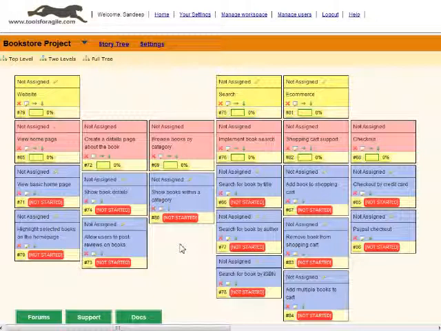Welcome to the second video on story mapping. In the first video I showed how you can actually create a story map like this. In this video I'm going to focus more on release planning. Now that we've got a bunch of stories, how do we decide which goes into the first release, which goes